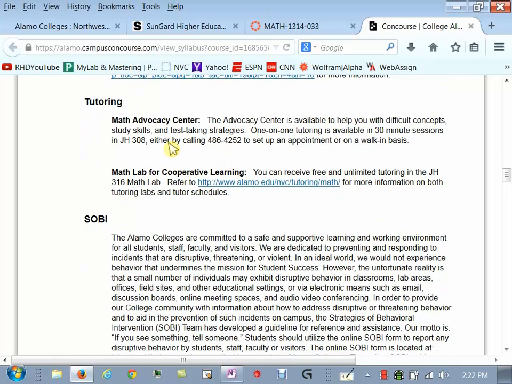Tutoring, so right across the hallway there's two tutoring labs. There's the big one over here, 316, and then there's one over here, 308. 316 is where you go sit down maybe with a couple of classmates and do your homework. There's tutors in there. You can raise your hand and you can get help. All right? I encourage you to try and make some friends, work together, probably benefit you.